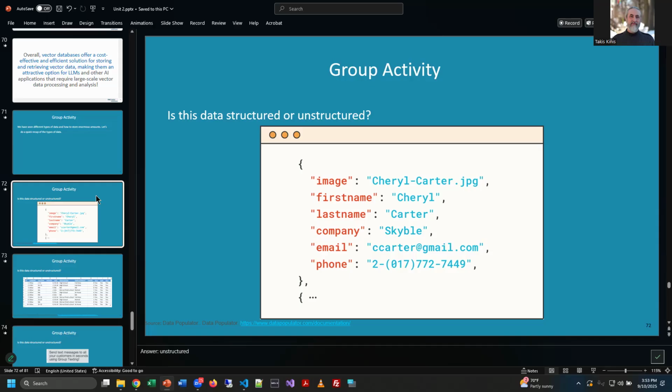If you guys remember, we were just talking about JSON files. These are key value pairs. So a key, image, and the value. Key, value, comma separated, curly brackets wrapped around it, and then the next set of data separated by a comma. On the outward edges of it, square brackets to hold it all in. Python dictionaries or JSON files. So this would be a JSON file, but very much structured, absolutely structured.